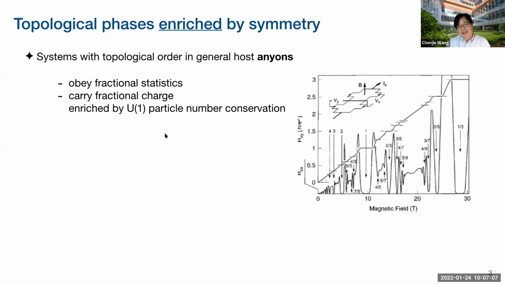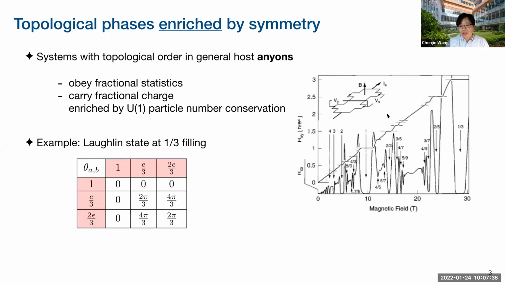In the presence of symmetry, these anyons can also carry some interesting symmetry properties, for example, the fractional charge. I guess many of you, like Bo, are also working on the fractional quantum Hall state and trying to theoretically compute certain properties of it, and trying to identify the topological nature of these states, and one of them involves the fractional charge. Fractional charges, for example, in the very famous Laughlin state at filling factor 1/3. 1/3 is the first fractional quantum Hall state that was ever observed experimentally.